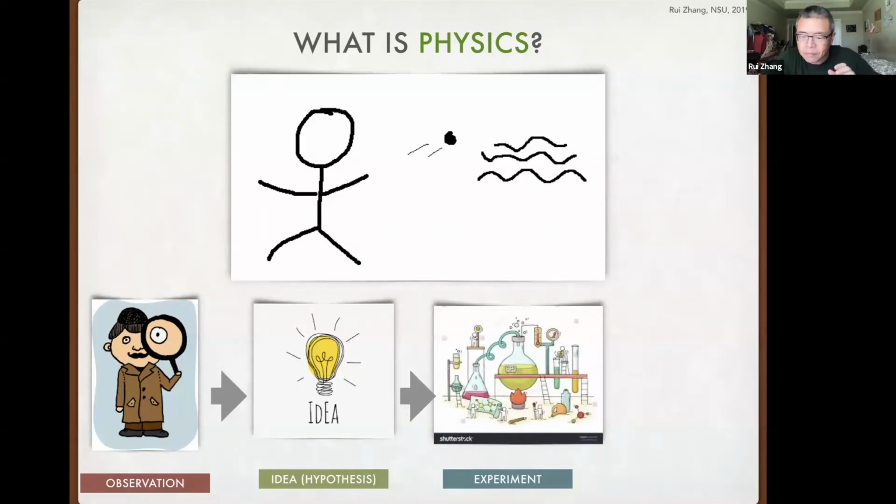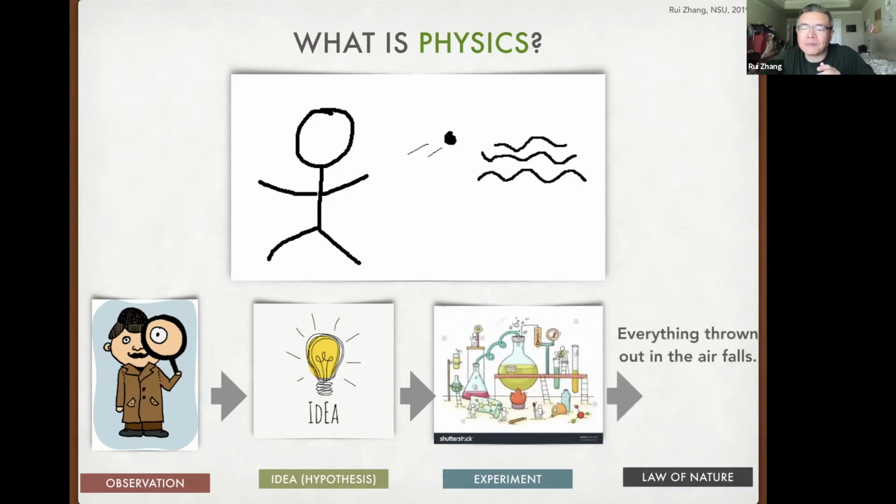Now let's say you did a bunch of experiments by throwing other things, whatever things you want, into the air, and you can verify they all go back to the ground. And then to verify this even further, you could do this experiment at different times of the day, and at different locations. For example, you can do it at home or at work, outside, in Tulsa, in other places, et cetera.